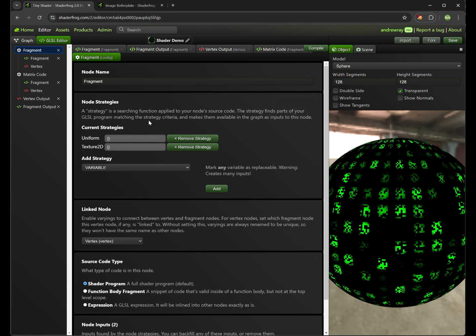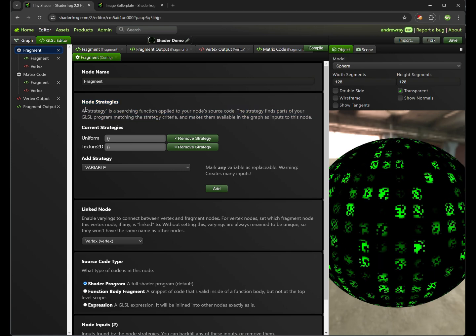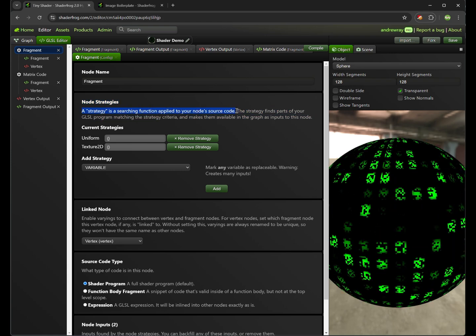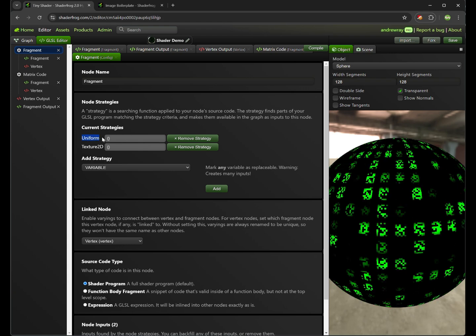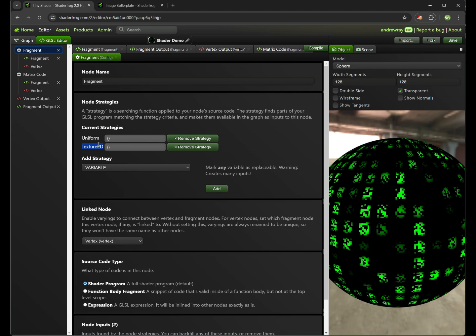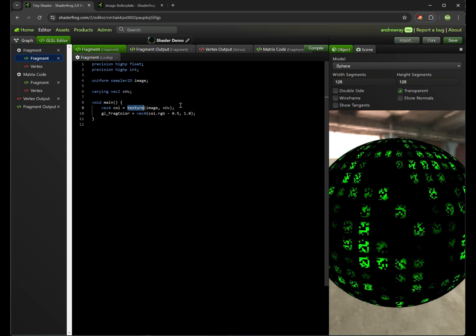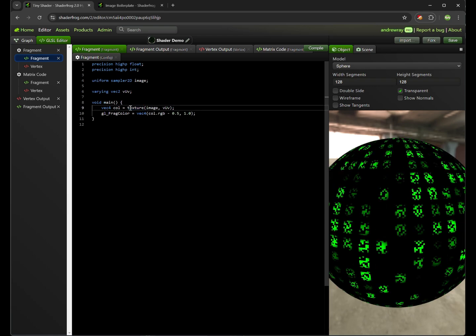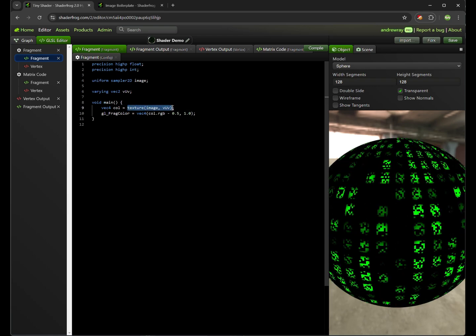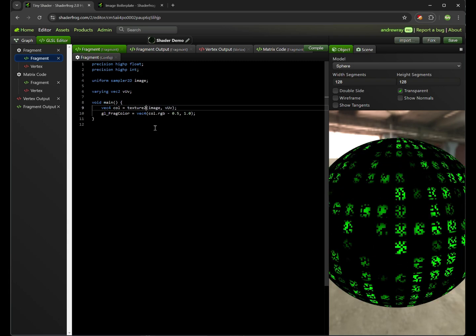tab, you can see that there's a section called strategies. And a strategy is described here. It's a searching function applied to your source code. So we have a strategy to find all uniforms in this shader, and a strategy to find all texture 2D calls in the shader. So if I go back to the fragment source code, you can see there's a texture 2D call. What Shaderfrog is doing is it's saying, okay, I'm going to look for all texture calls like this one. Our texture is also the newer version of texture 2D, which is why it says texture 2D in that